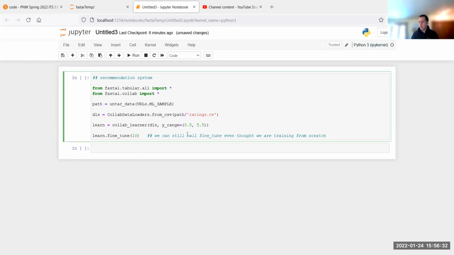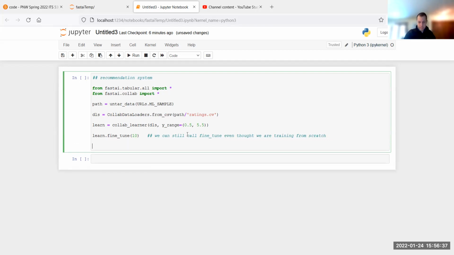Okay, so that's basically the example, and then we can also do learn.show_results. So this way we can see some predicted movies and their rating, based on the database, of course. So learn.show_results. Okay, so let's go ahead and run it.